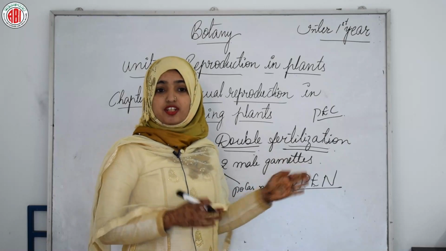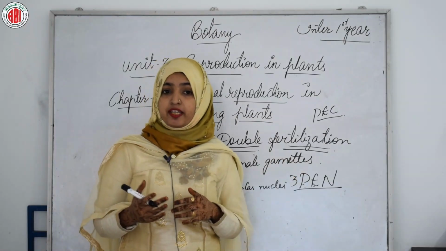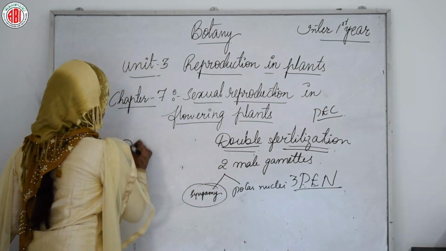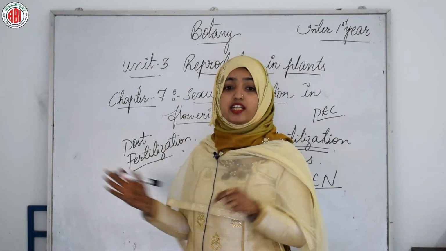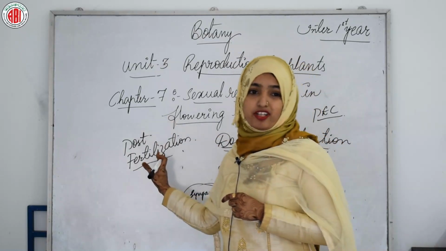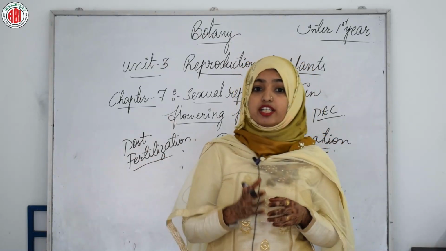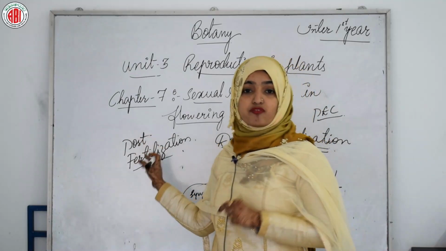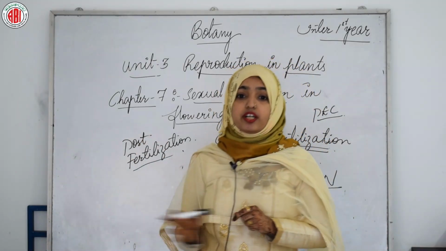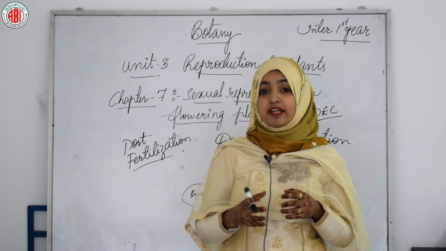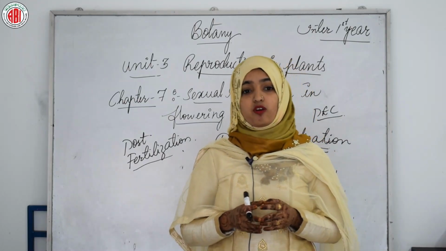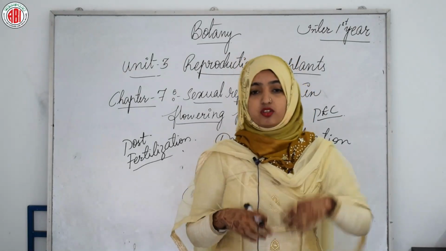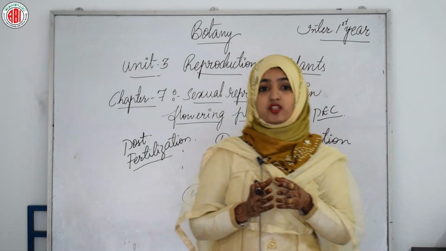After double fertilization, let's see what events take place after the fertilization, that is, post fertilization. Following the double fertilization, the events of endosperm and embryo development, maturation of the ovule into the seed and ovary into the fruit are collectively termed the post fertilization events. Here the accessory organs, stamens and style, wither and fall off. For that, let us begin with the endosperm. We have to discuss the development of the endosperm now.